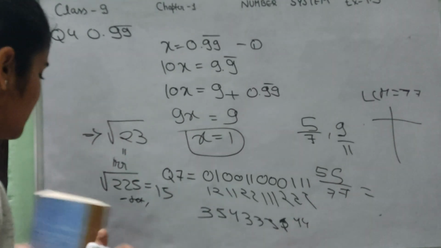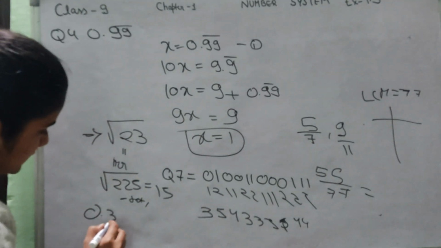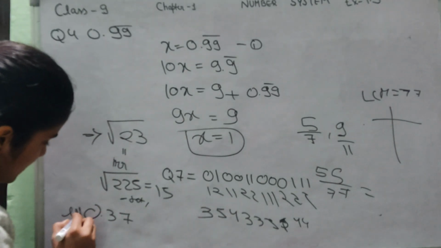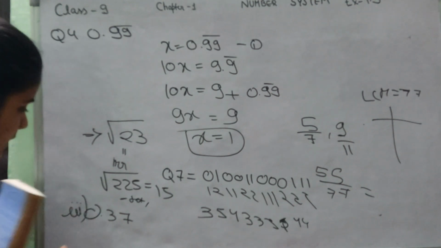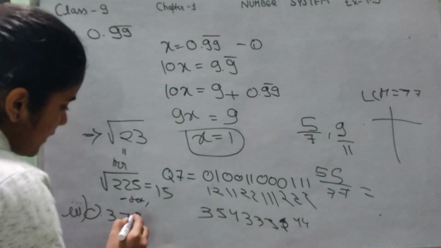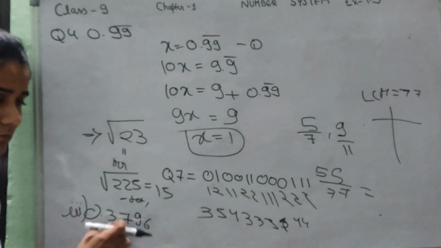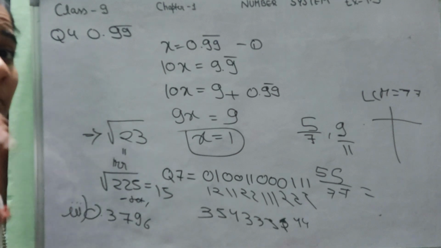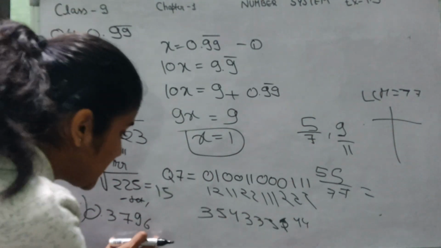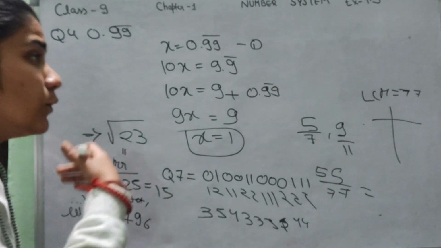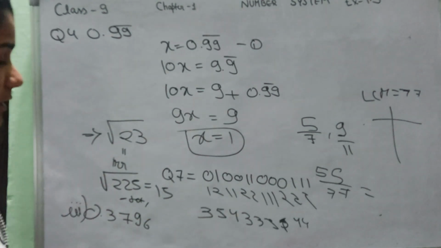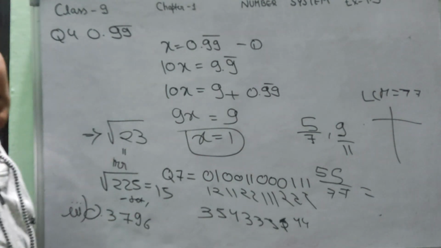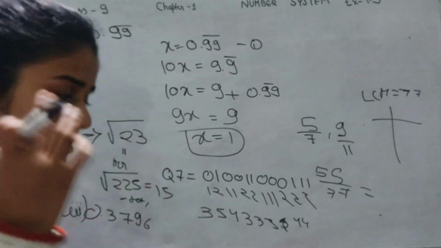Okay, coming on question number 3. So it is 0.3796. ओके, तो मतलब इस पर बार नहीं लगी है, तो ये नंबर टर्मिनेट हो चुका होगा। तो ये देख के ही बता सकते हैं कि रेशनल नंबर है, कोई कन्वर्जन की जरूरत नहीं है, क्योंकि ये खत्म हो गया, इस पर कहीं बार नहीं लगा। तो क्या है ये आपका? रेशनल नंबर।